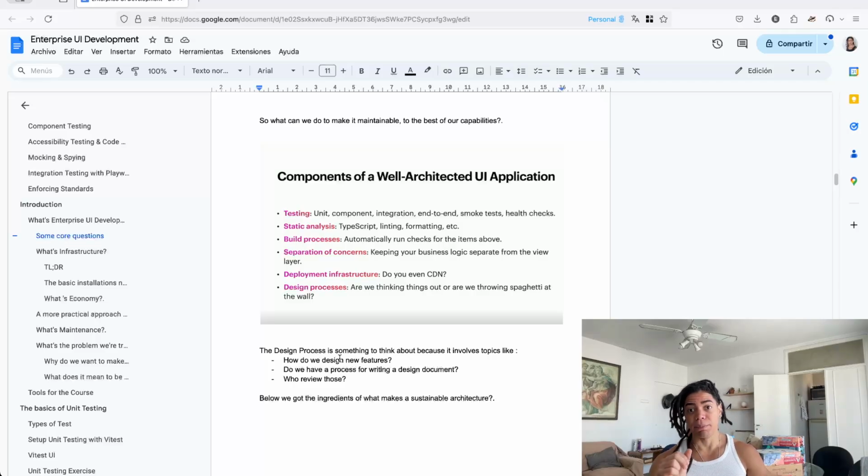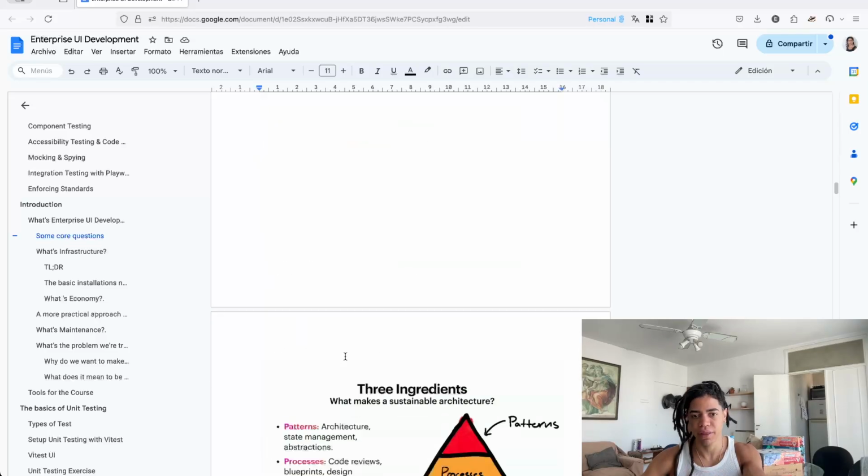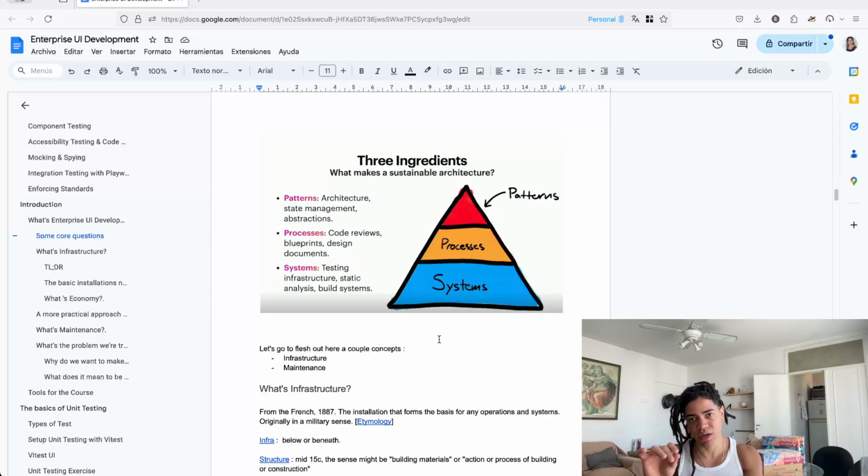That you deploy this, so the deploy infrastructure, and the design process is like, hey, what is the process when we need to add stuff here, okay? Or when we need to change things, what will be the particular process? So for that, the ingredients, based on Steve Kinney's experience, he says, the ingredients to have a